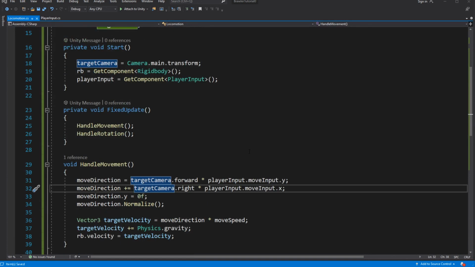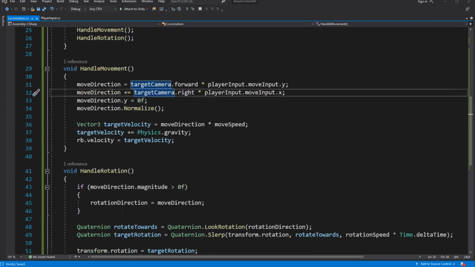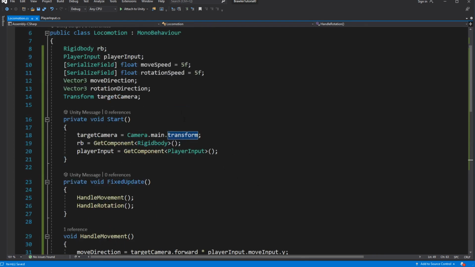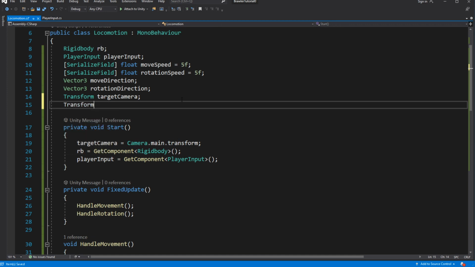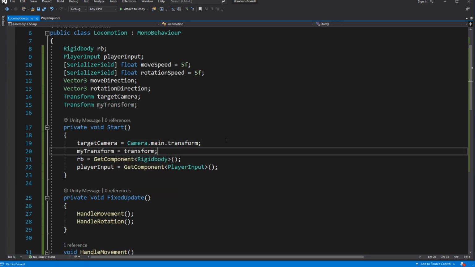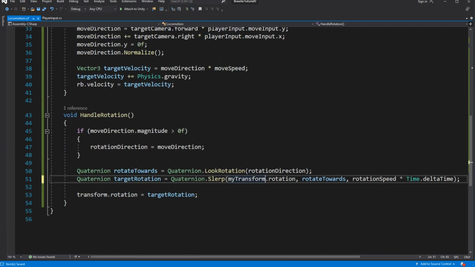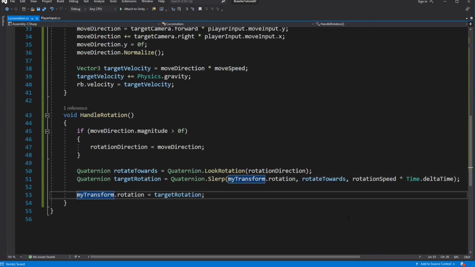And let's cache our transform of the object. Good. If you know more tricks which I should do, let me know in the comments below.